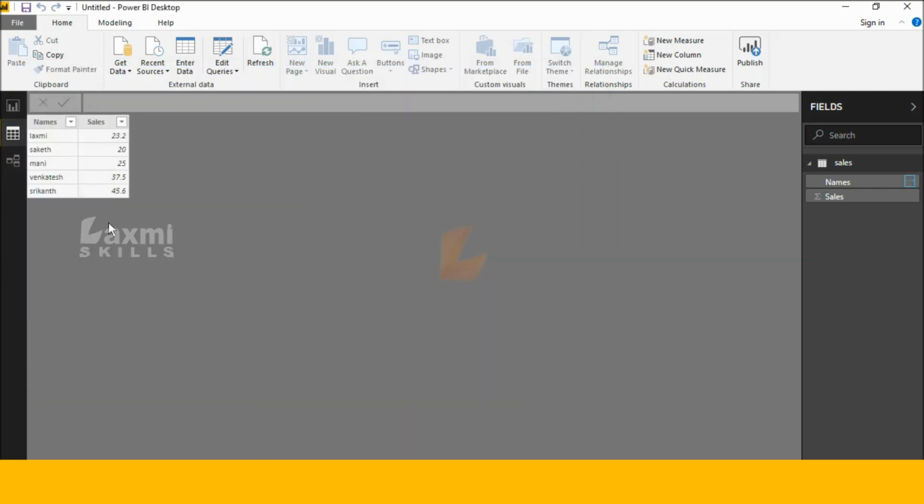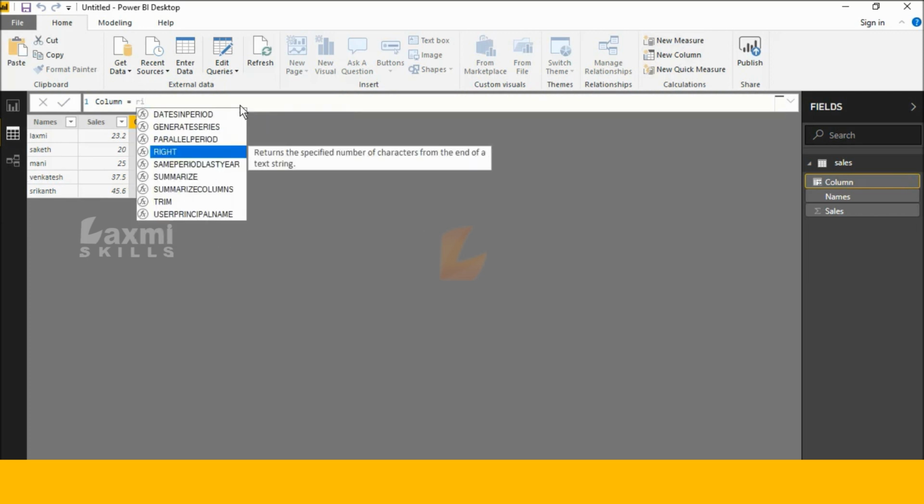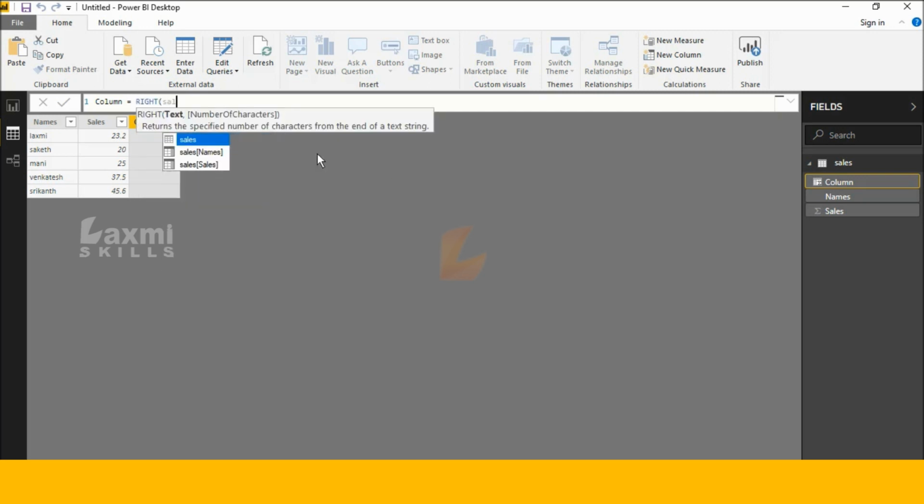See this here, I've already prepared some data. I type here new column. Next I'm typing RIGHT. See this here, RIGHT returns a specified number of characters from the end of a text string. Okay, next press enter and I'm adding my